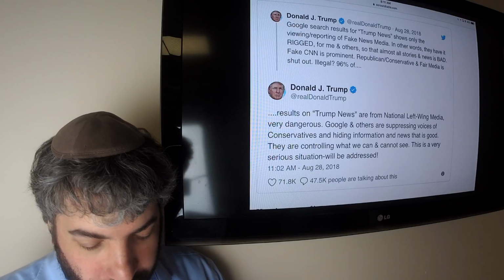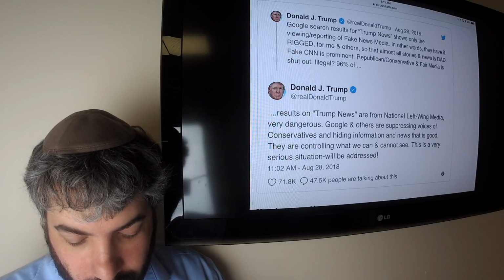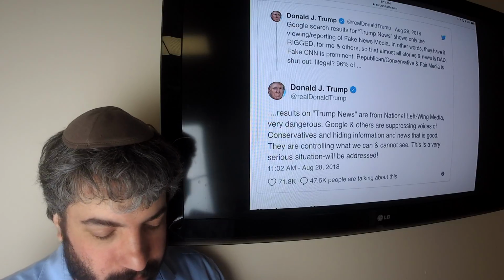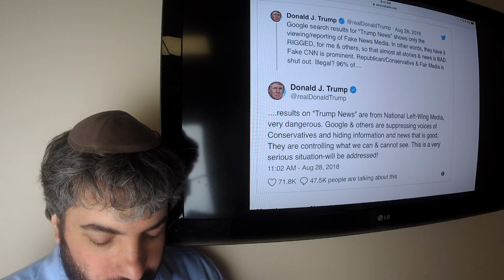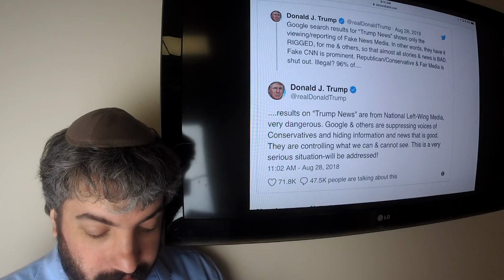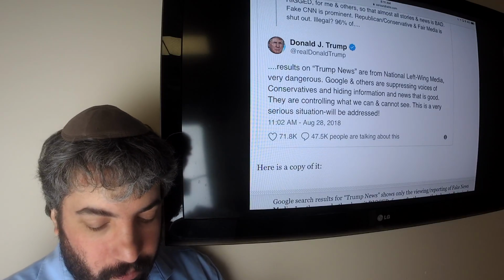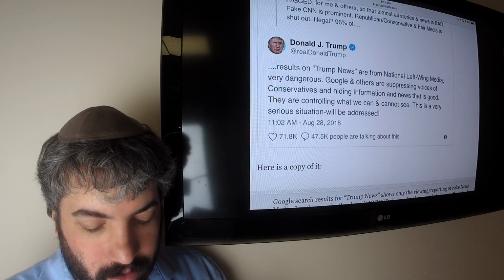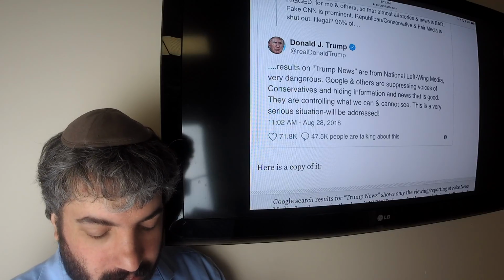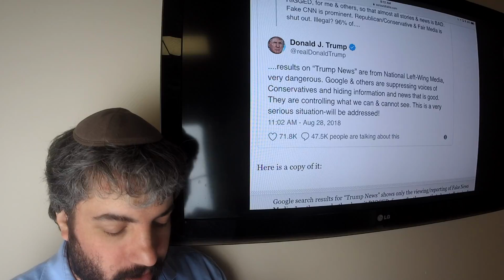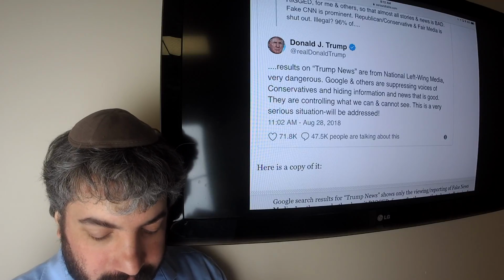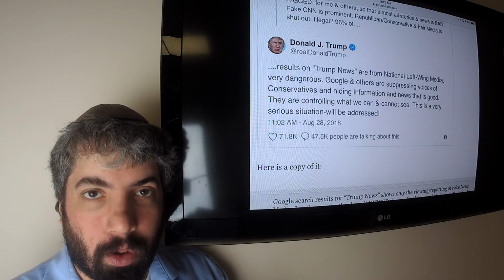In other words, they have it rigged for me and others, so that almost all stories and news is bad. Fake CNN is prominent. Republican, conservative, and fair media is shut out. Illegal? 96% of results of Trump news are from national left-wing media. Very dangerous. Google and others are suppressing voices of conservatives and hiding information and news that is good. They are controlling what we can and cannot see. This is a very serious situation and will be addressed.